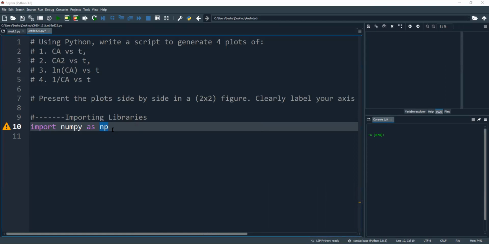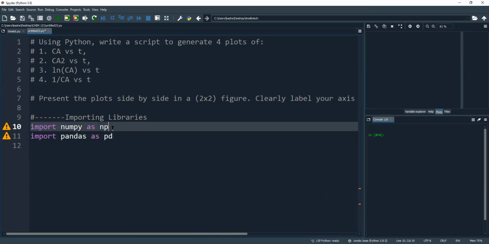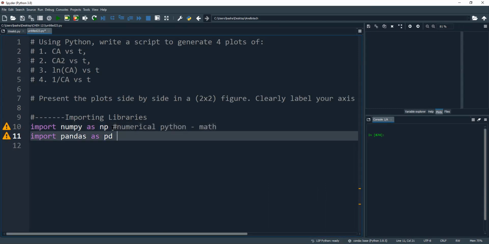The second library we need to import is pandas. So we're going to say import pandas as pd. NumPy is numerical Python, this is for math, basically. Pandas allows you to deal with data sets and lists, and manipulate data sets and lists, etc. And it's also useful to have it when trying to generate figures and